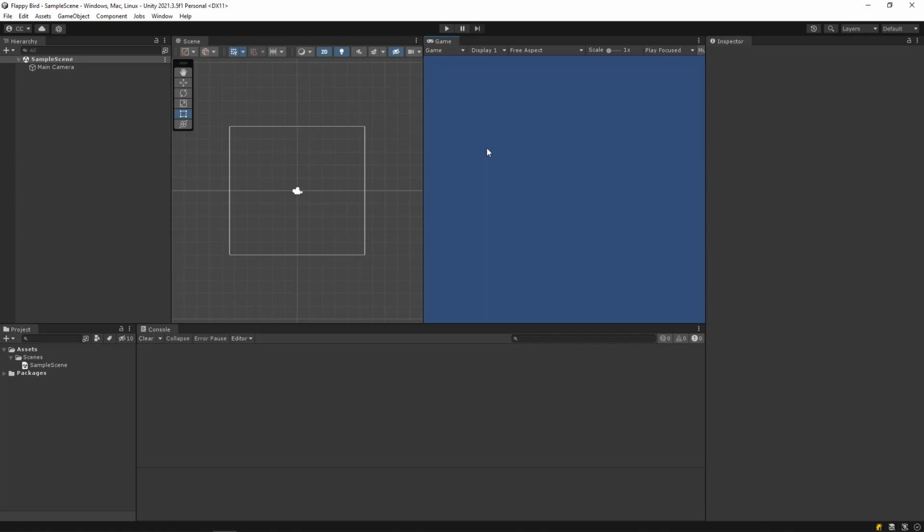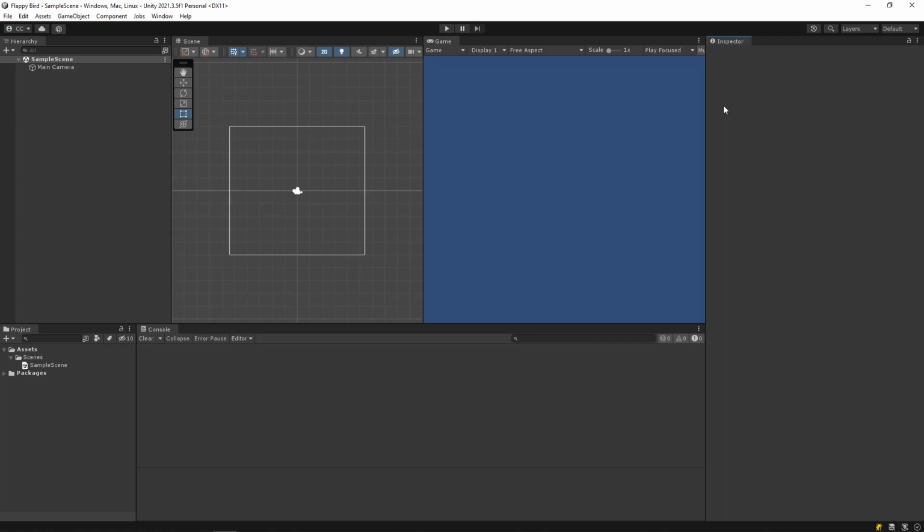The fourth window is the inspector. This is probably the most important one. It's arguable, but you're going to be spending a lot of time in the inspector because it has a lot of things going on in it. So if I were to click on main camera, for instance, you'll notice that this inspector blows up to have a whole bunch of options in it.